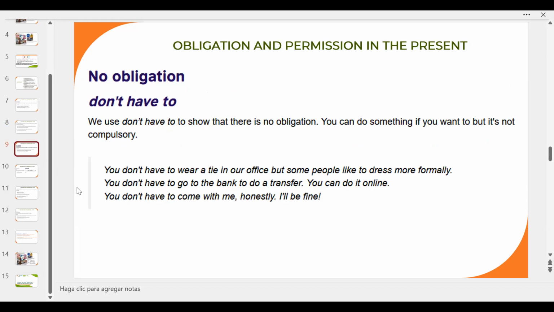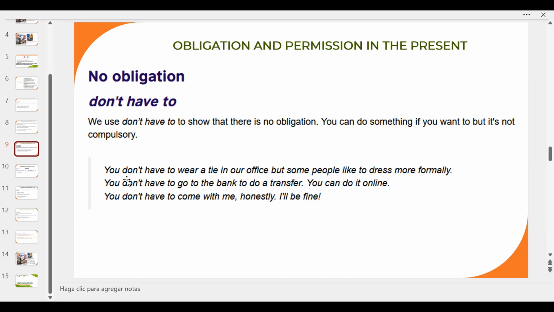Now let's go to the whole opposite angle. I was telling you, we gotta be really careful when we use it in the negative form. Don't have to means that we don't have the obligation. That means that it is not necessary. That you can do something, but if you don't do it, it's okay. It's not compulsory. For example, you don't have to wear a tie in our office, but some people like to